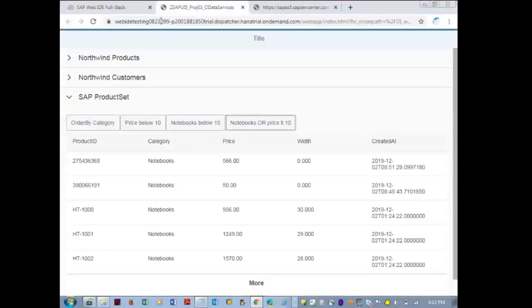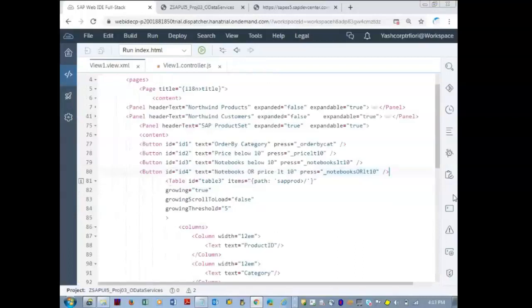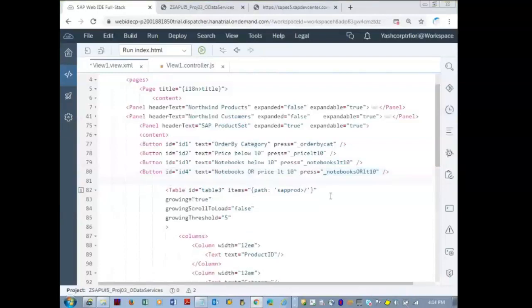Okay, let us add another button here in the view. Button ID is equal to ID 5. Text is equal to price between 10 and 20.